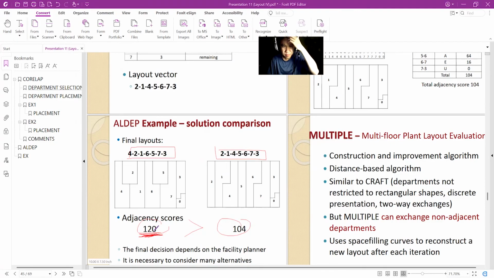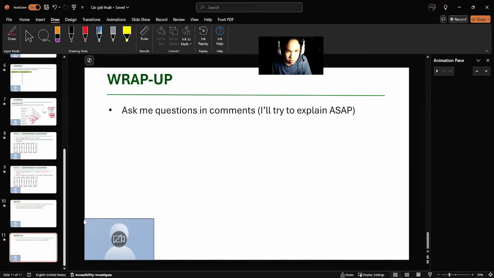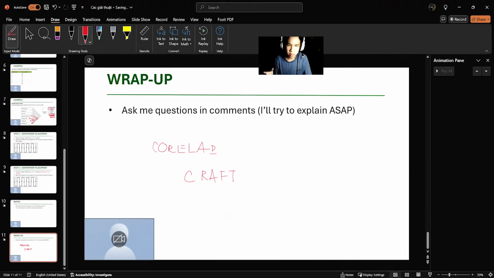That's it. So those are some of my notes. Don't be shy, you can ask me questions in the comments. I'll try to explain, and I'll also go into more videos in the future, maybe a collab, and craft also. I will only show you how to do the algorithm in a very manual way for you to understand the concept behind it. I haven't found a way to automate all these things yet. Maybe I'll ask my friend to code it in Python,